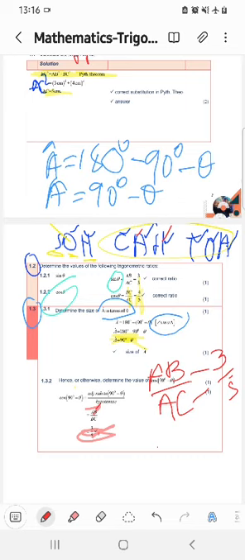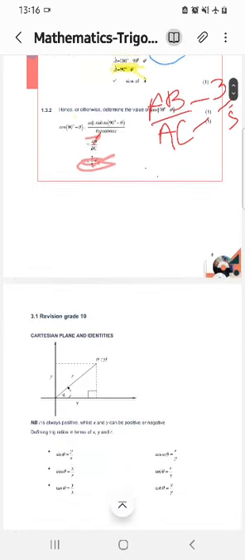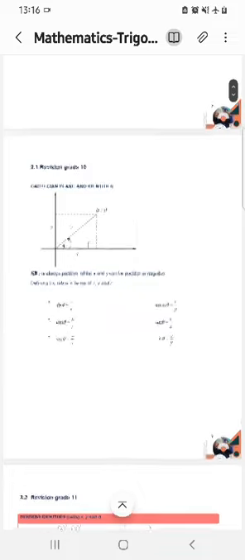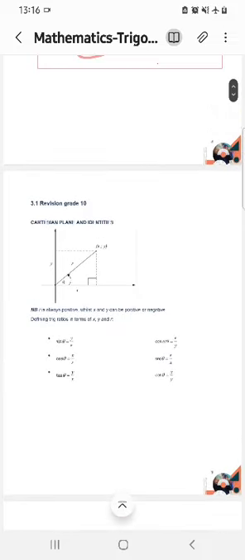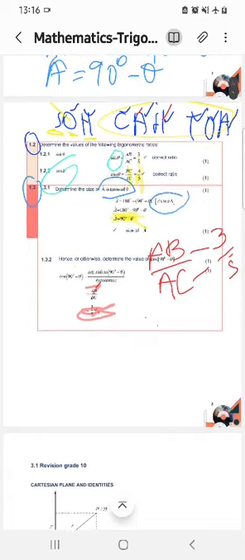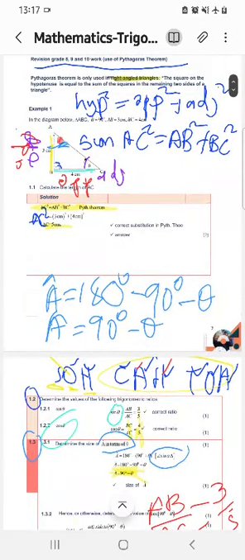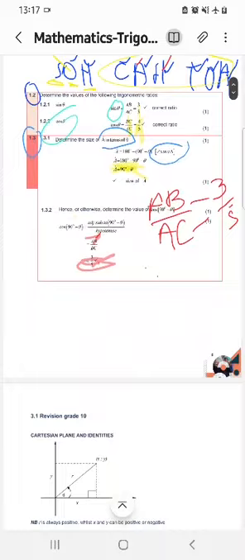So watch the next video on the basics of trigonometry before we take it to the Cartesian plane. The next activity will be when we are taking it to the Cartesian plane, which is the revision of grade 10. Now we're taking the grade 9 work here, because it's kind of grade 9 but combined with grade 10, because we are not yet on the Cartesian plane. But watch out for the next